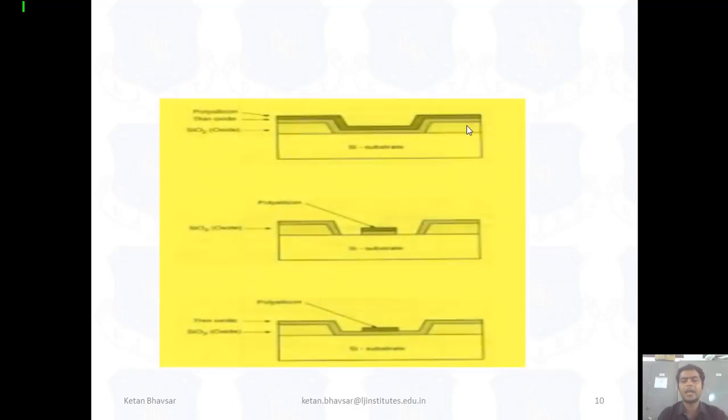So as you can see, it looks like this. We have this Si substrate. After that we apply the SiO2 layer, a thin layer of SiO2, then the polysilicon layer. After removing the particular area by etching, we can see the polysilicon is mounted only on the center position, and this area is etched by a chemical process, and that chemical process can be used to select a specific area, or we can say a region. After that we can see it looks like this. Again we apply the thin SiO2 layer.